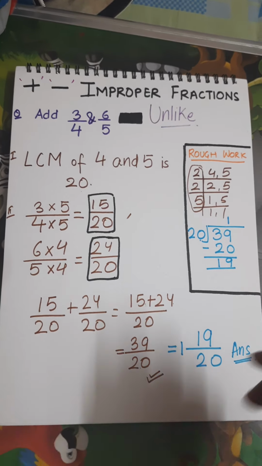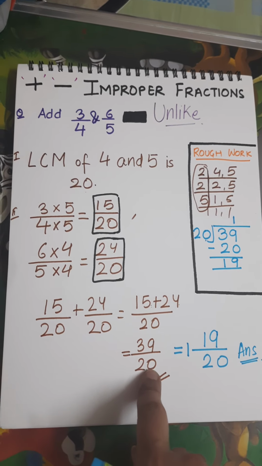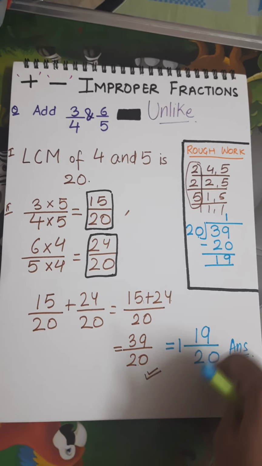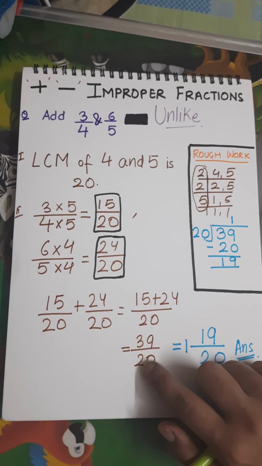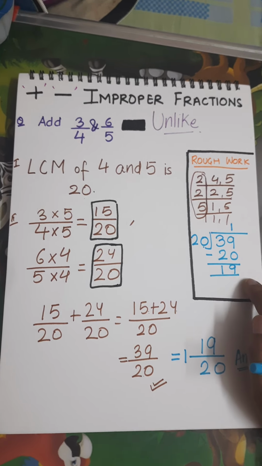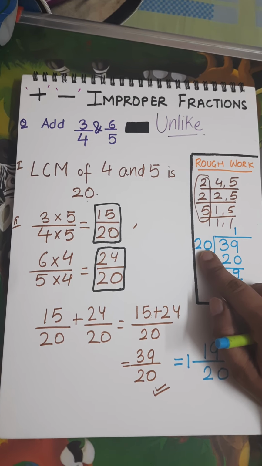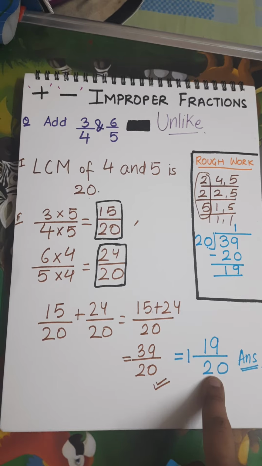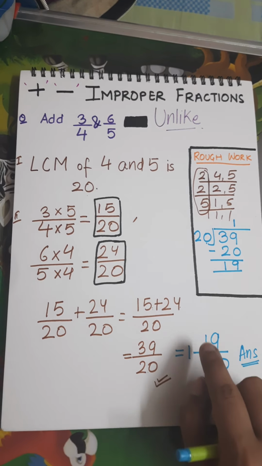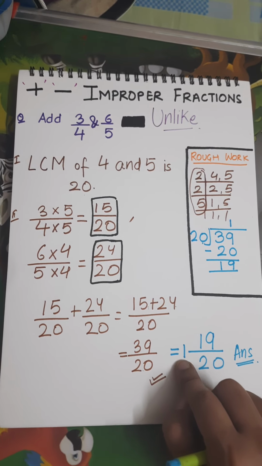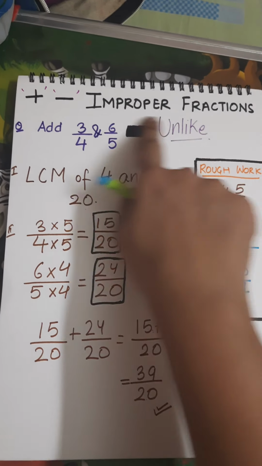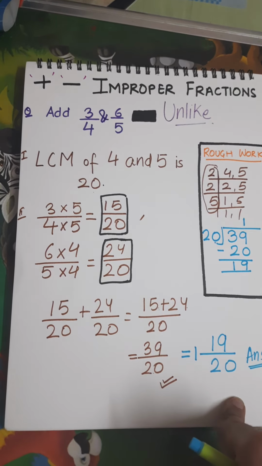Mostly your teachers will ask you that whenever you get the answer in an improper fraction, you must convert it into a mixed fraction. So here you are going to divide this fraction. Since 20 was the divisor and 39 the dividend, you have divided. The denominator comes as it is. Your quotient comes on the left hand side as the whole part, and the remainder becomes your numerator. So this is how we have added the improper fractions